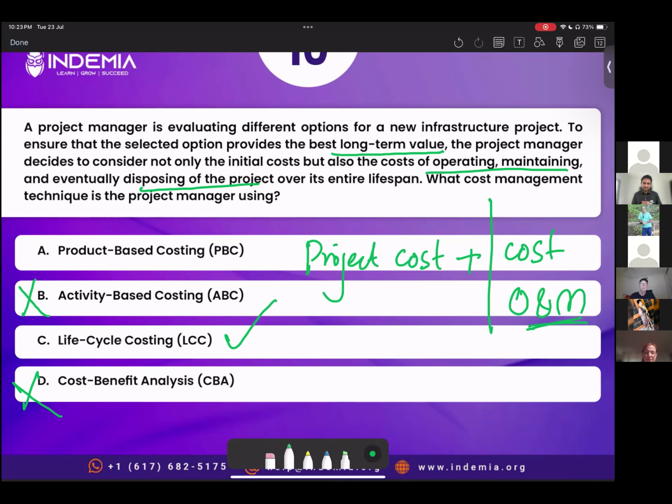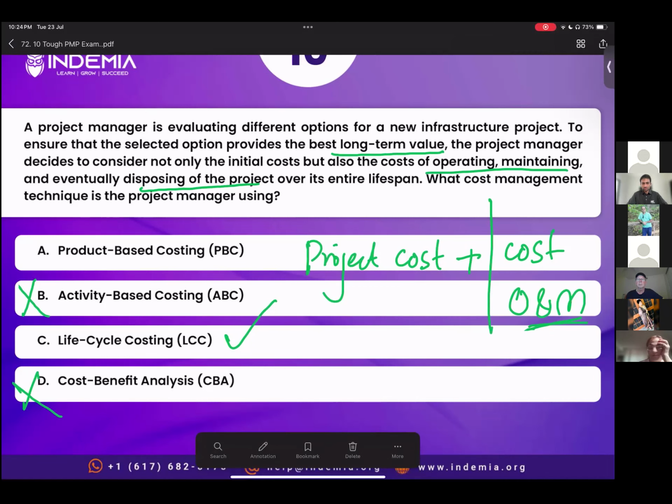So I intentionally added two questions today, which are relatively new to you. For example, area of constraint and life cycle costing. You can expect these terminologies in the exam, right? So when you see a terminology that you're not sure about, use the elimination technique. And most of the time, the elimination technique helps. And sometimes, as Robin mentioned, option C fits with the text that is given in the statement. So the correct answer is option C. All other options are incorrect. Let's read the explanation.